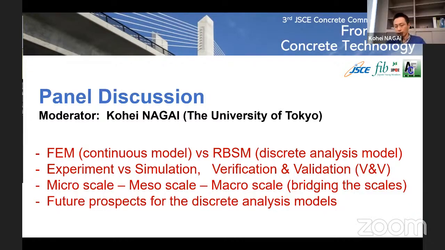And sometimes parameters are fitted. Most models have free parameters, and some of these parameters are fitted so that the global response is correct or looks correct. But the model might not be functioning properly, and we don't know. So I agree with what Professor Nakamura said in the presentation and in these comments, that V&V needs to be more rigorous and involve all the relevant components of the model.